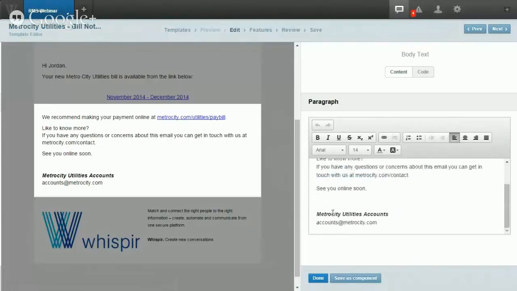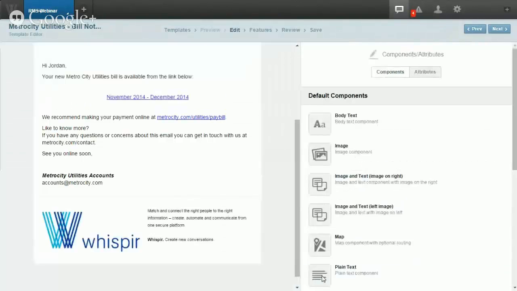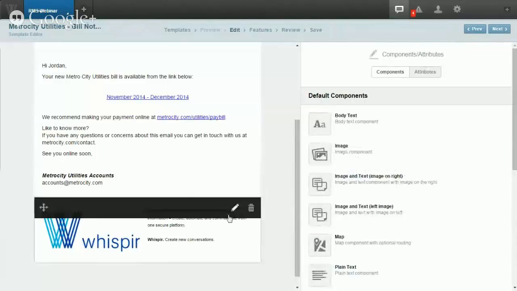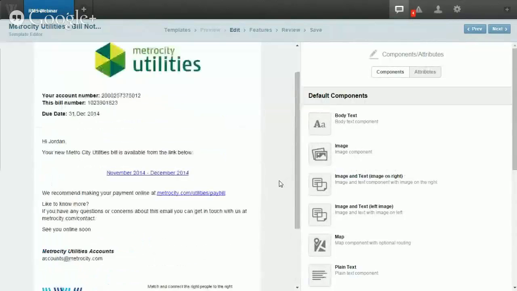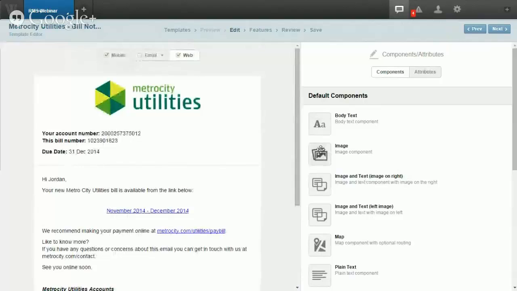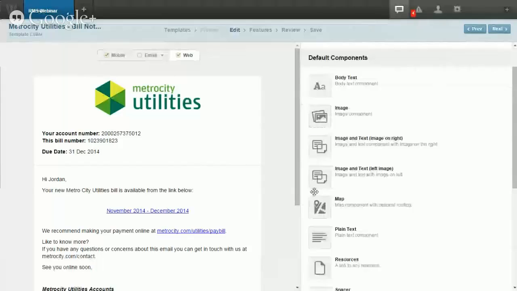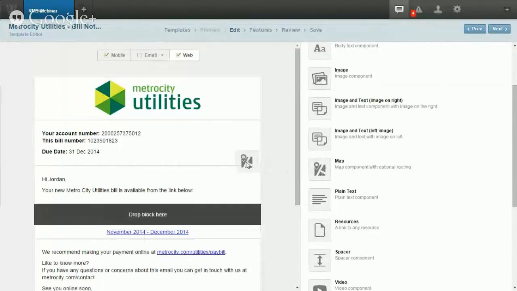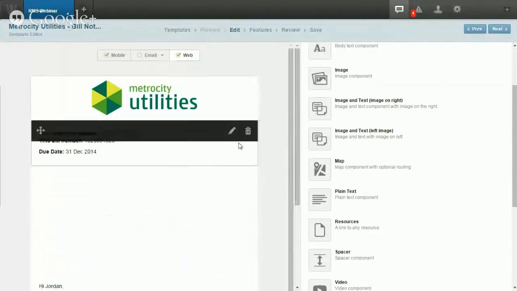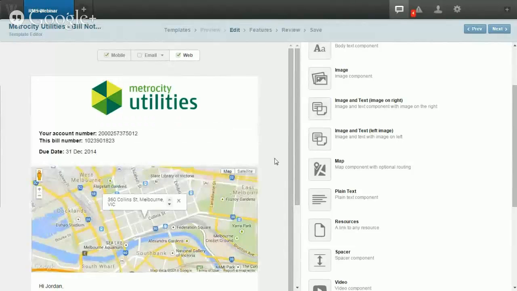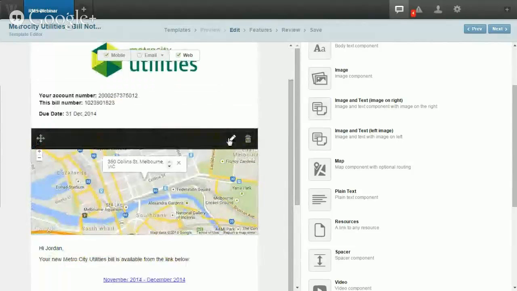Okay, and I've put some bold and some italic text down the bottom there. And then again, we've got our footer down the bottom. So you can easily drag and drop any of these other components into here and write a map component. In this example would work as well because we're in our web environment. I could easily drag our map component in there, and we could start to see, all right, probably not relevant